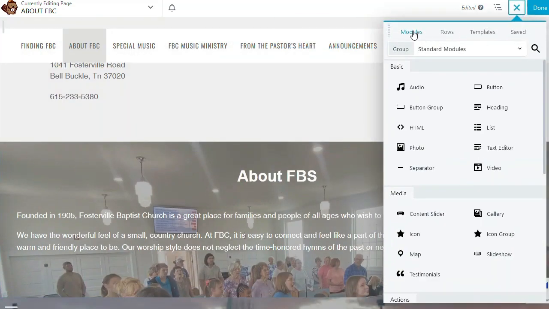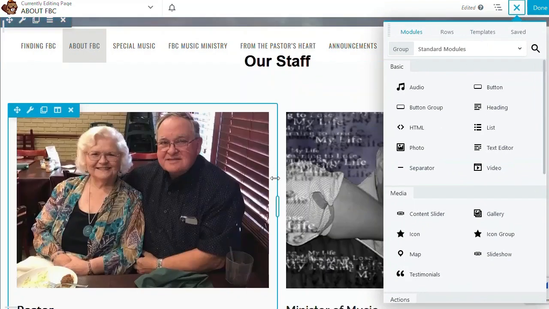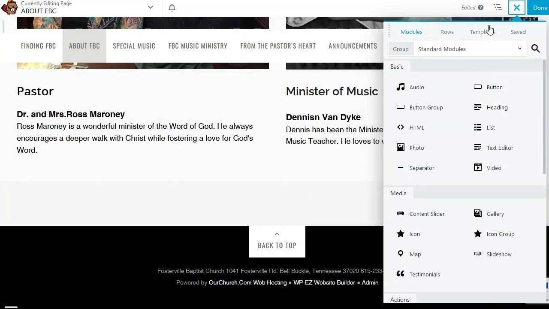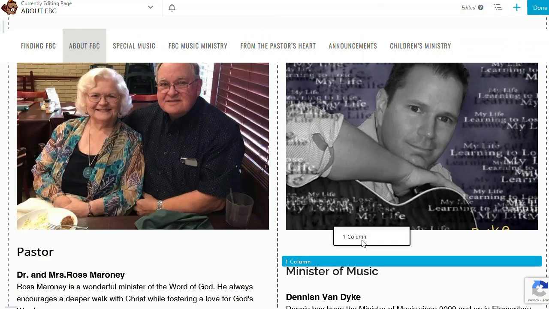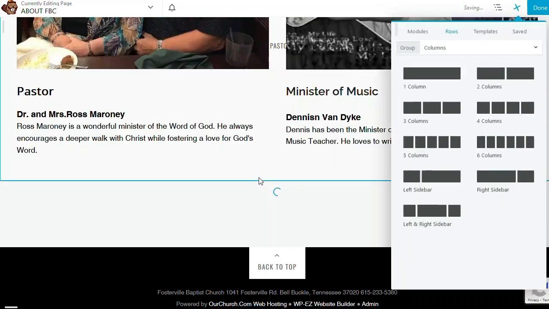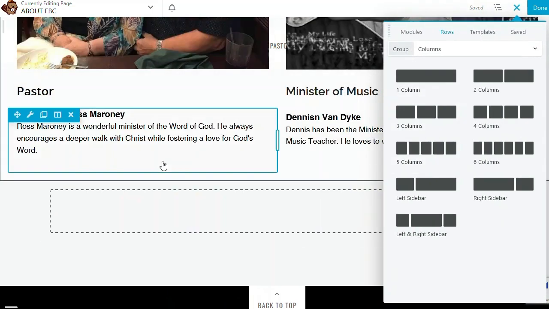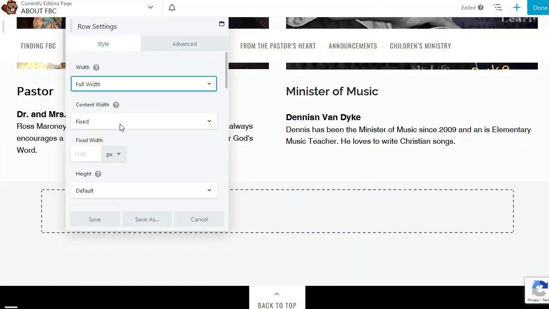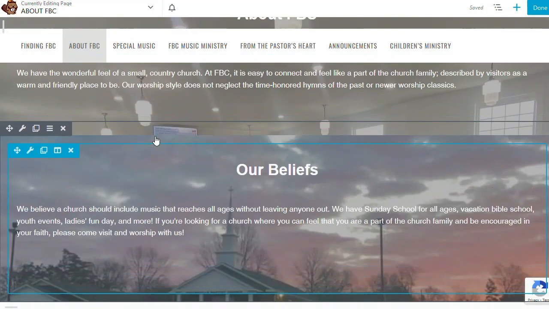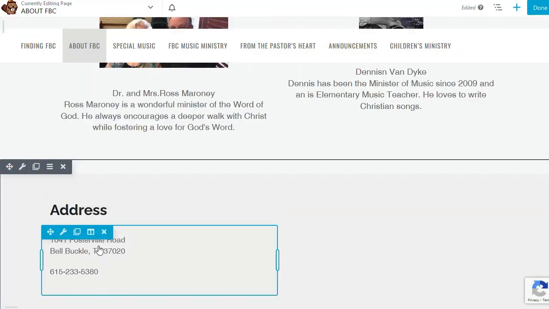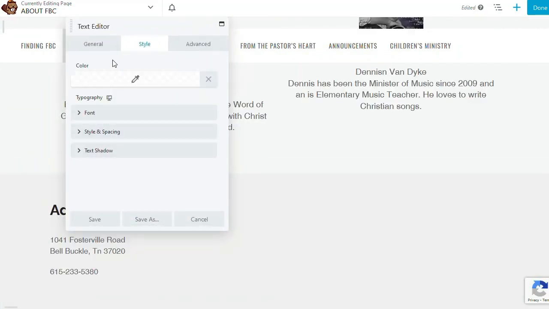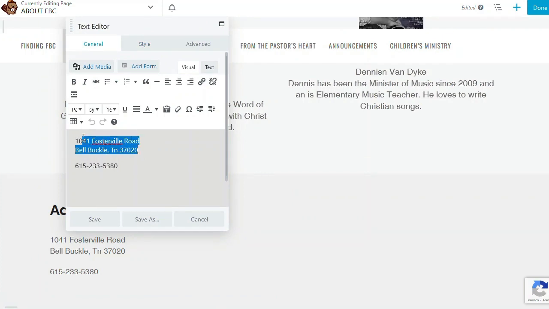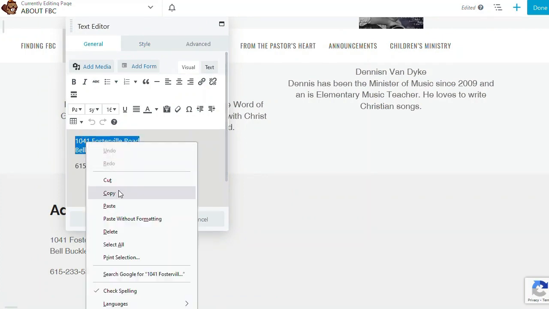So let's do the same thing, except we're going to grab a row. We're going to go to our row settings, that is, and grab a column, and we're going to put it at the bottom there so that we can now put a map. So we want to make sure this is full width so that we can place our map. Now we're going to go back, grab that address, make sure we grab that address, copy,